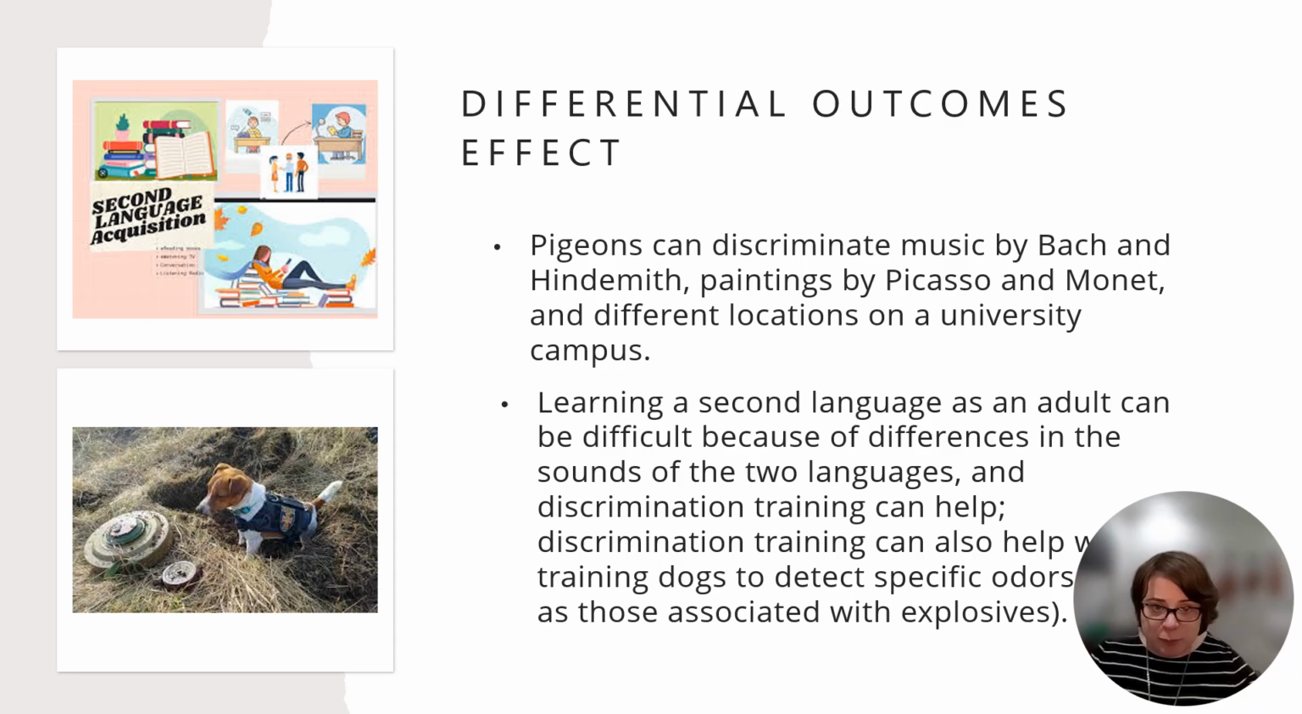So another example of discrimination training that goes beyond the laboratory is learning a second language in adulthood, right? Oftentimes this can prove difficult because of differences in the sounds of two languages. For example, individuals who are native Japanese speakers sometimes find it difficult to differentiate between English L sounds and English R sounds. So James McClelland and colleagues in the early 2000s used discrimination training in an attempt to teach this skill. They attempted to train native Japanese speakers living in the United States, and training